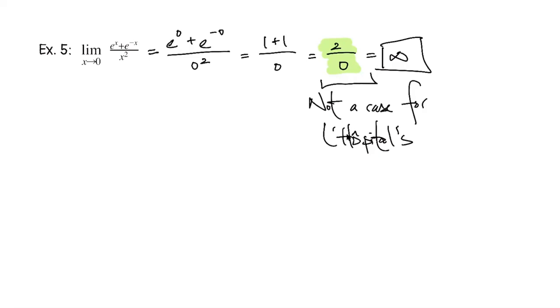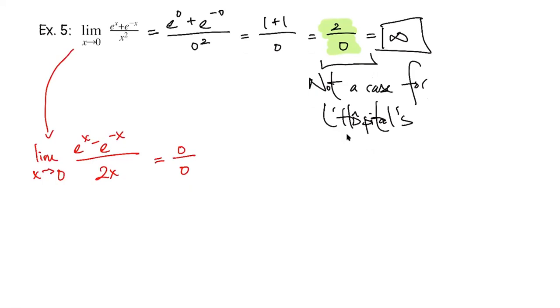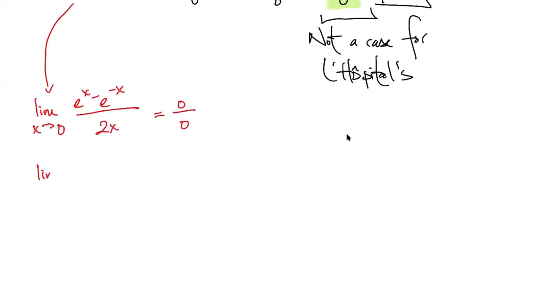Now, if you did use L'Hopital's, let's just show that if we did use it, we would get a different answer. So let's say you were not paying attention. You're like, I don't know, I like that thing where I take derivatives. So I get e to the x minus e to the negative x over 2x. And that's going to give me 0 over 0. So then I try L'Hopital's again, and I end up with e to the x plus e to the negative x over 2, which would give me 1/2. And you're like, oh, my answer's 1/2.